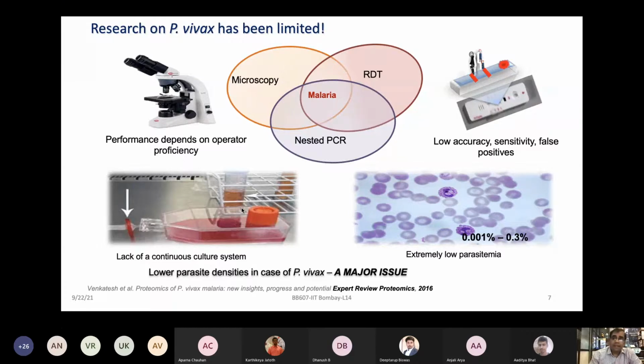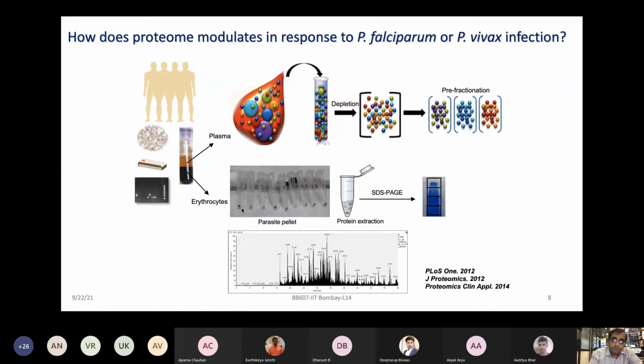So that's the genesis, and I hope this is a kind of problem that all of us see all the time. I'm sure right now everybody sees that dengue fever is on the rise, and sometimes malaria is on the rise. So all these things are reality. We have to live with these pathogens and try to understand them better and control them better.